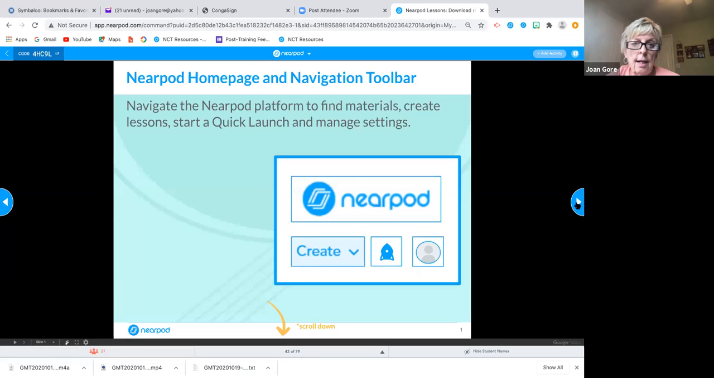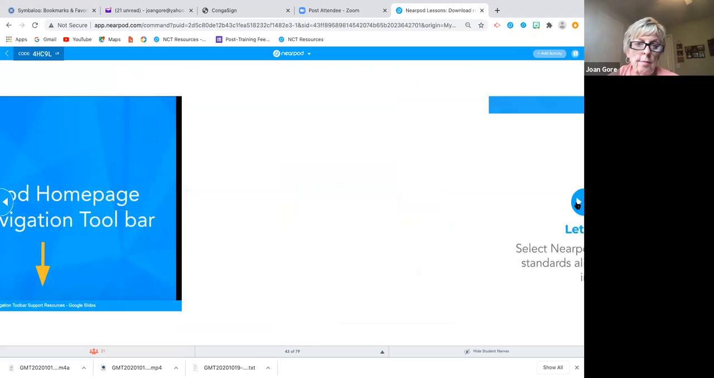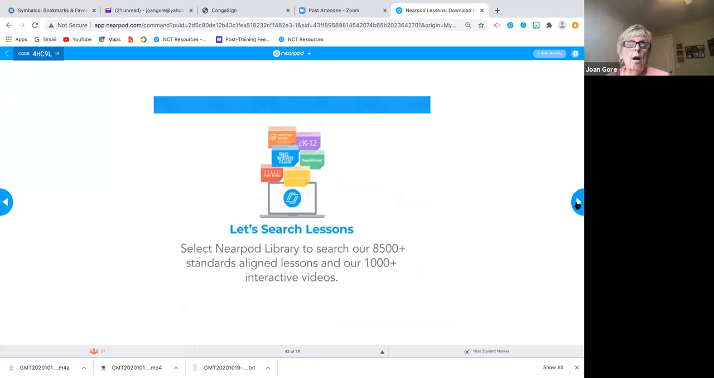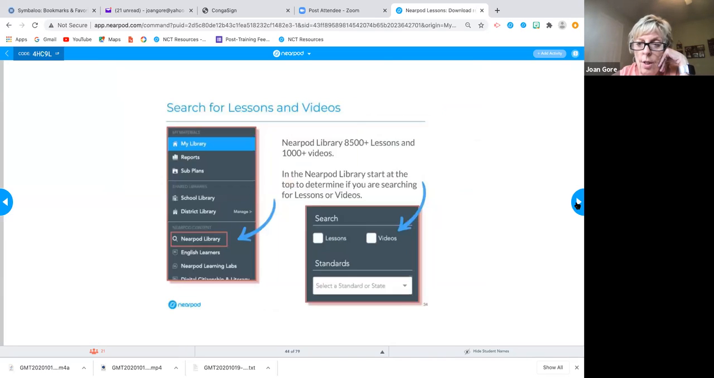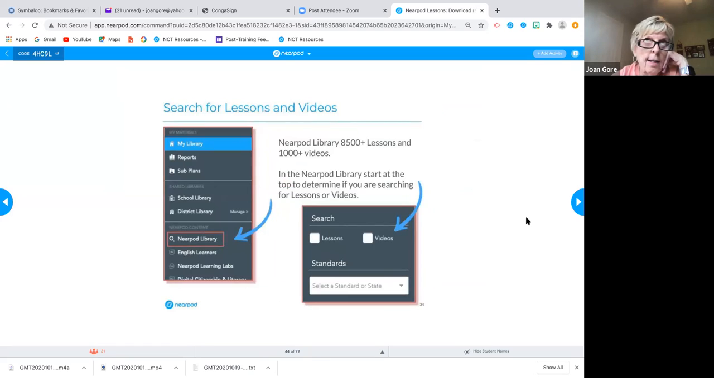And this is just talking about navigating on your home screen and such. Now, Nearpod has over 8,500 lessons already made, and already over 1,000 plus interactive videos. So you do not have to start from scratch. You will go and we'll find a lesson in the Nearpod library. We'll bring it into your library, and you can see how you then edit that lesson to make it work